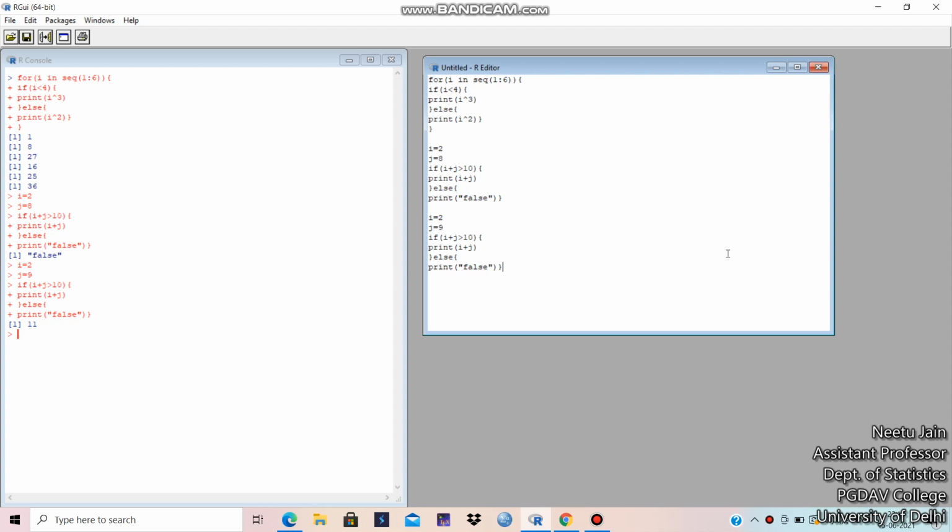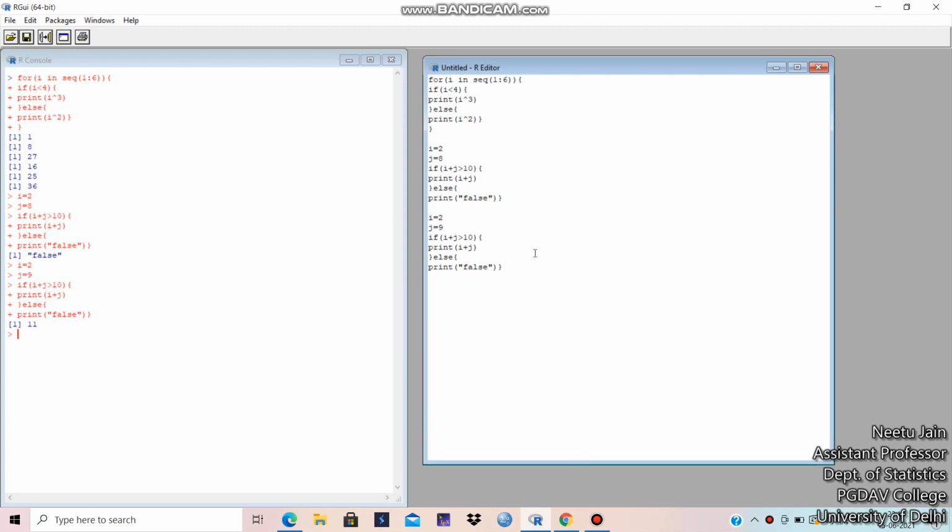Now I'll tell you the role of function. Okay. Suppose function, we will write simply function and I am giving the function name, any function name you can give. I am giving my square, mysqr is equal to, okay, function, this is function of x. Okay, and I have started the body with a brace.